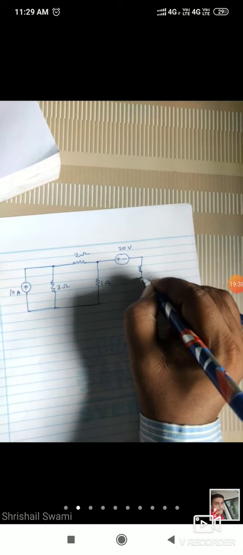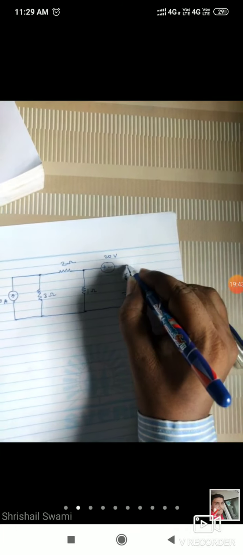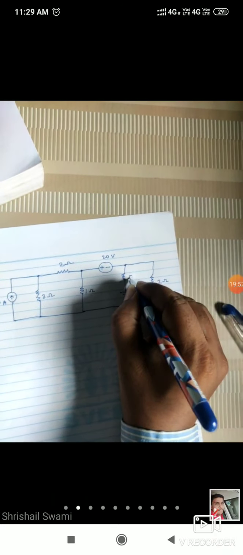So what is the question here? Find out the current passing through the 5 ohm resistor. Simple question, they ask only to find the current passing through 5 ohm. So you can try this one, or tell me what problem you are getting in applying nodal analysis. That you have to identify. Once you identify, then we can solve that problem by using the next method, that is the supernode analysis.